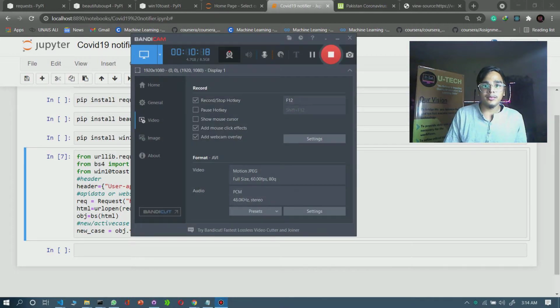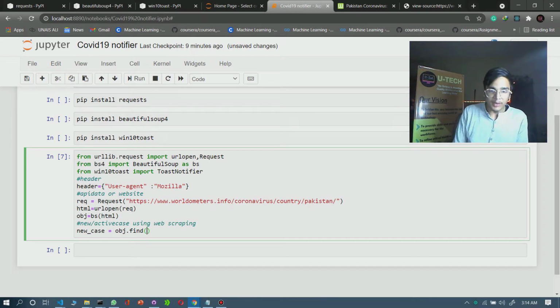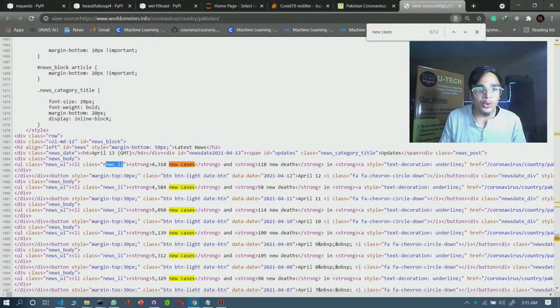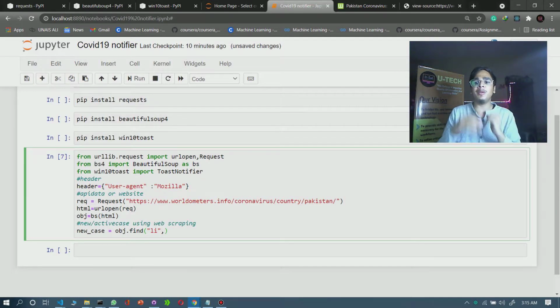What we want to find is li. First thing is li. Under the li, go to inspect again. Under the li we have the class news_li. So we have to do web scraping same as the data is coming from Worldometer.